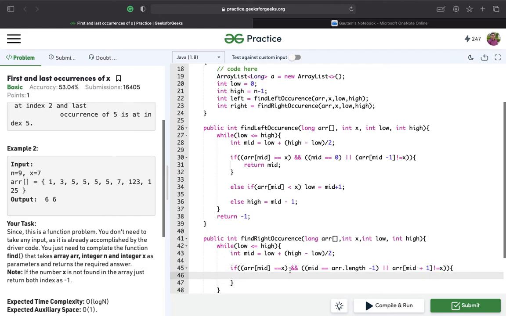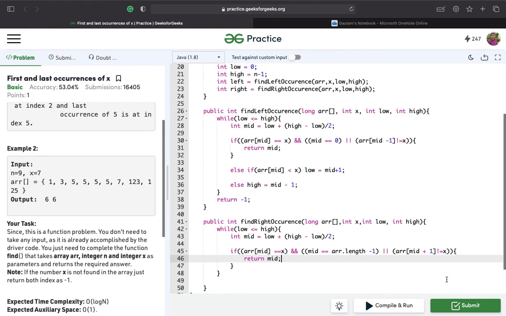Let me check if I have added the correct amount of parentheses. Let me add one more. If that's the case, we'll simply return mid. That will be the rightmost occurrence index.